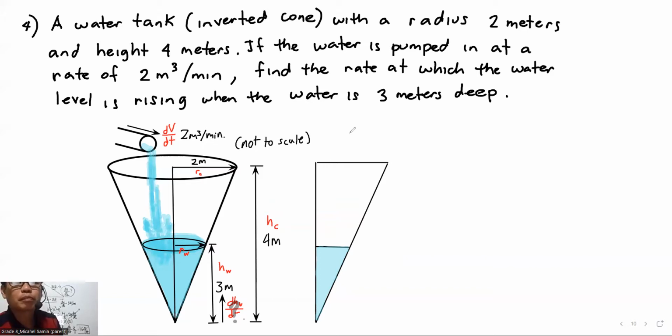Meters, 3 meters. Mas mahaba. 4 meters, 3 meters. Tapos yun. 2 meters. 4. And then, find the rate at which the water level